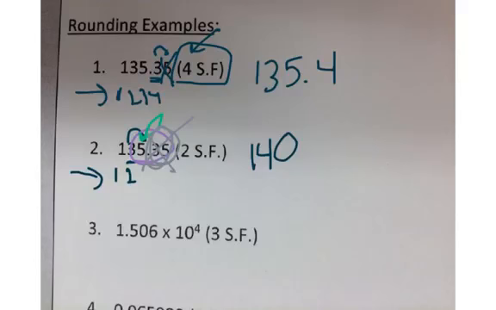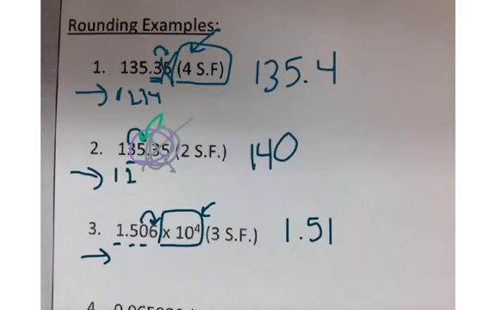Next one, 3 sig figs. For this one, when you're counting the sig figs you're going to ignore the exponent, but you are going to need to include it in the number because it does give value to the number. It just is not significant as far as your measurements go for that part. Okay, so we're going to start with the rules. Once again, 3 sig figs, always start from the left, start counting at the first non-zero, 1, 2, 3. We're going to look at that number. It's going to round up because of the 6, so it would turn to